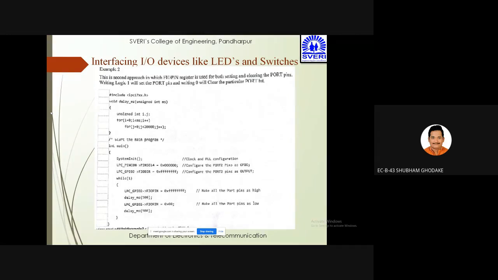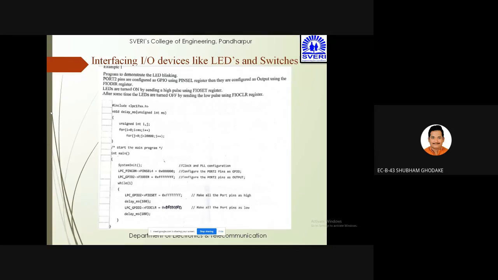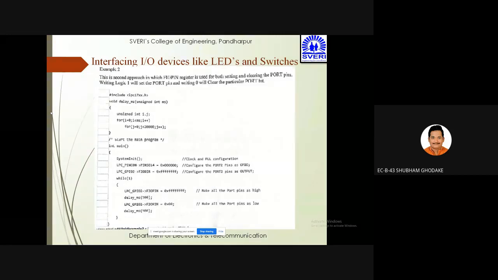तो वहां पर हमने दो चीजें यूज की। एक था FIOSET और दूसरा था FIOCLR। तो FIOSET के थ्रू हमने पोर्ट पिंस को हाई किया ताकि एलईडी ऑन हो जाए, और FIOCLR का इस्तेमाल करके हमने पोर्ट पिंस को लो किया। बट इन द सेकेंड केस वी आर यूजिंग FIOPIN for making it high, and again we are using FIOPIN for making it low also. So same पिन का इस्तेमाल कर कर सेम पिन को हम हाई एज वेल एज लो कर सकते हैं। दैट इज द मोस्ट important thing.